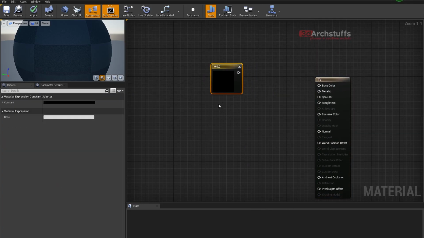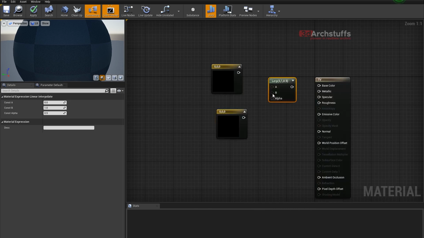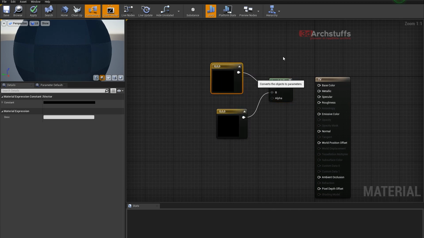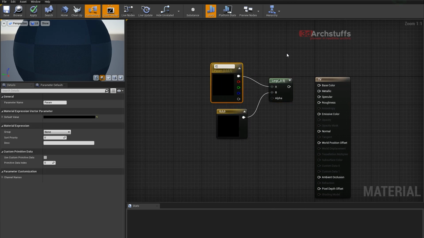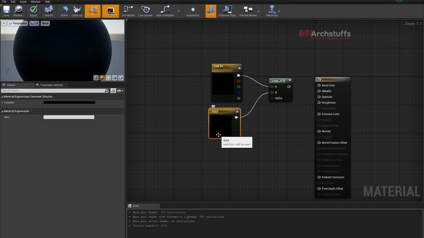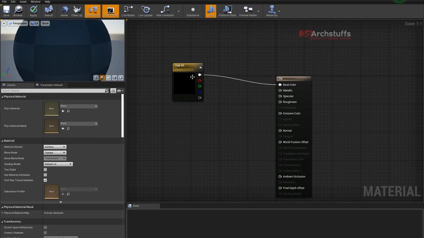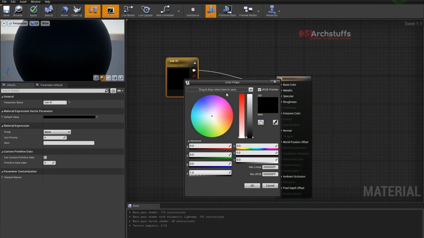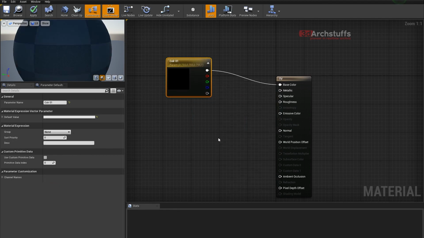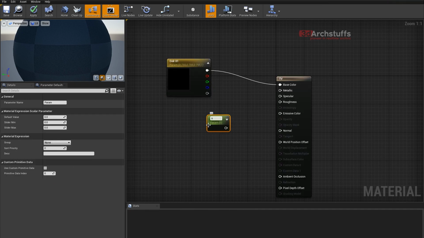Let's make a 3 vector, and then 3 vector, and then press L to make a lerp, and like this add this, and right click, convert color 01, and then you can also do directly like this also, it's not necessary. So let's go ahead and delete this color 1 and make it gray color as of now, and then spec,